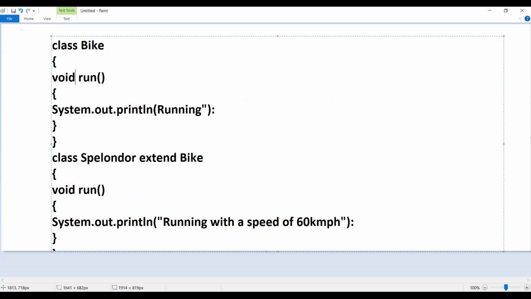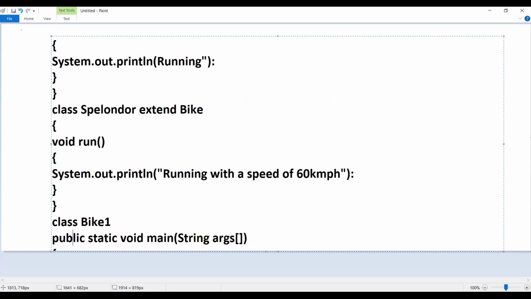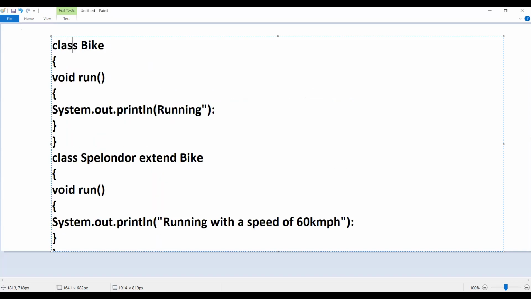Which method will be called while using this concept of overriding? The first run method is going to be replaced with the second run method, and it is used to display the code as running with speed of 60 km/h. So this is one more example of overriding.